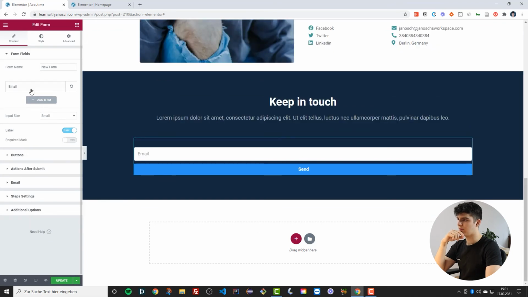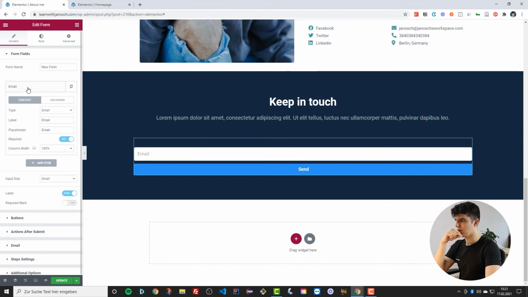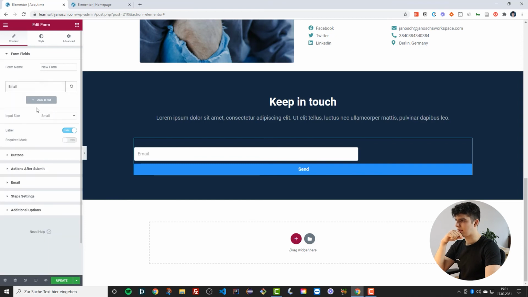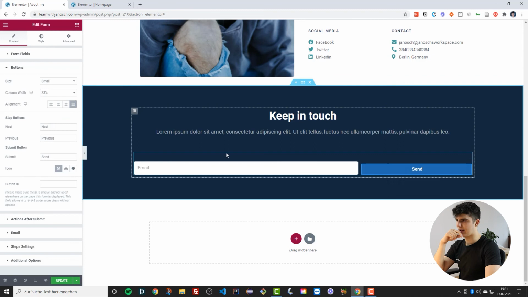So we're going to remove these fields, and we'll only be left with the email field and the send field. Now what we're going to do is make this into one line. So we're going to click on the email. We're going to go to column width and say 66%. And then down here, when it says buttons, we're going to also go to column width and make this a 33% width. And now you see it's actually aligned in one